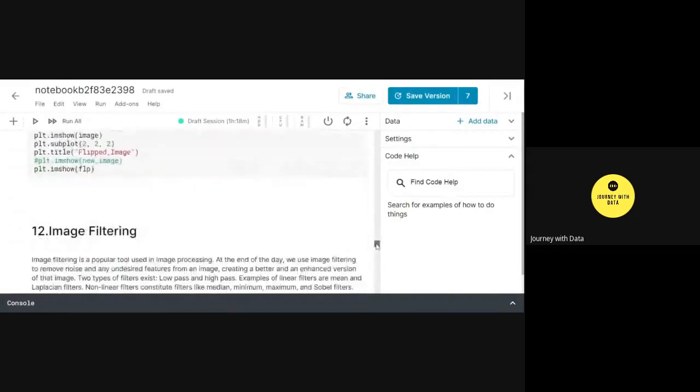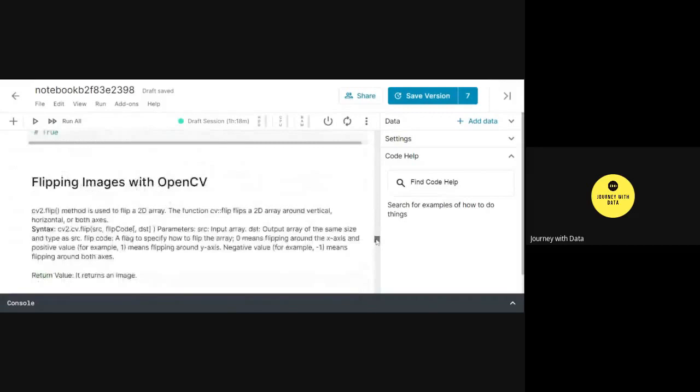So to flip images with OpenCV, see these methods like the rotation, the flipping that we do, the slicing method, the shift method, the shifting that we are doing. These are nothing but basic image transformations. So we have different methods for each and every scenario.